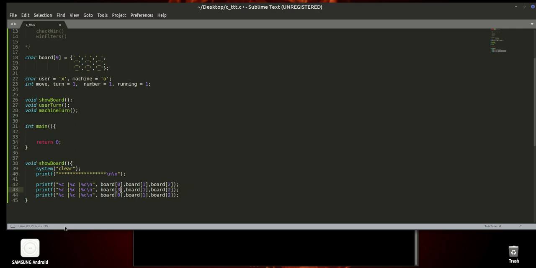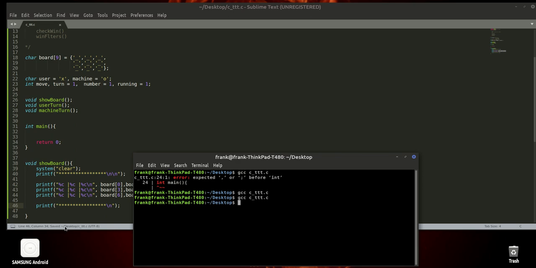0, 1, 2, 3, 4, and 5, and here 6, 7, and 8. And I just copy this line and back here, something like this. Now change the code one more time, and when we run it, of course we will not